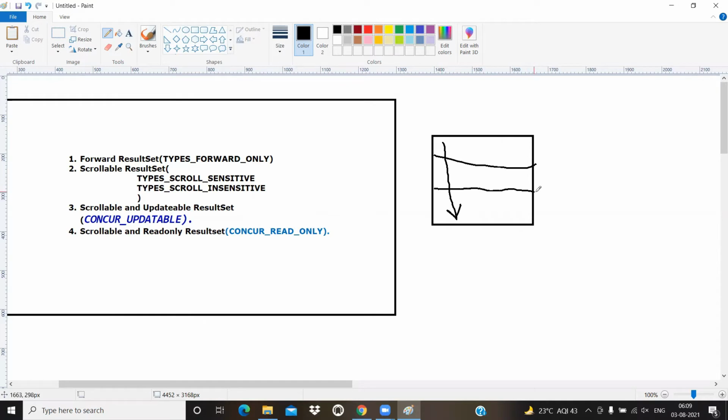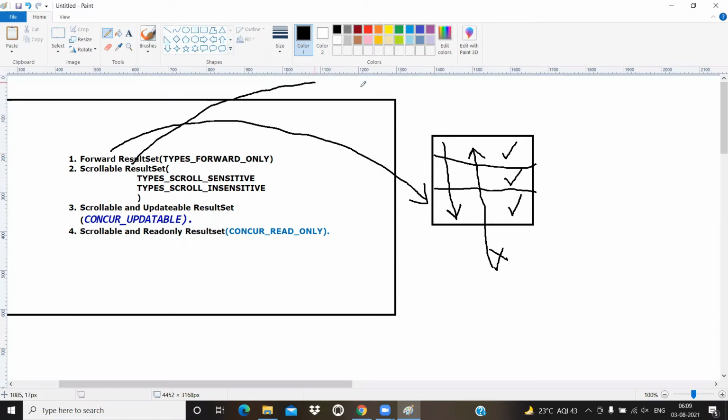I have some records like this. So three records are there. First I can read the first record, later the second record, later the third record. Sir, is there any possibility to read the data from bottom to top? No. That is exactly a forward only result set.